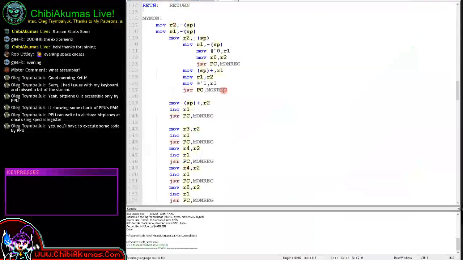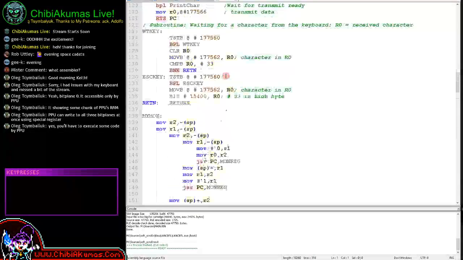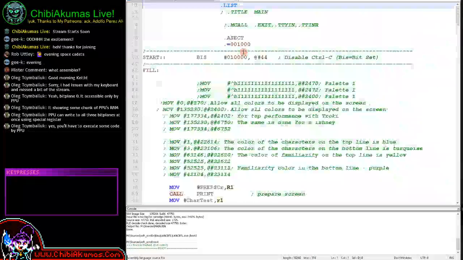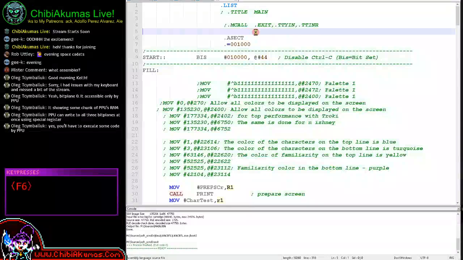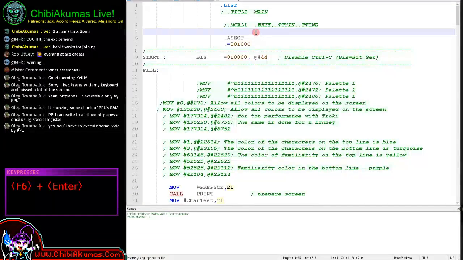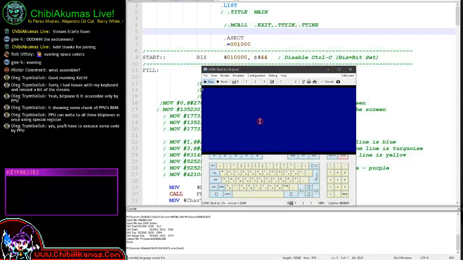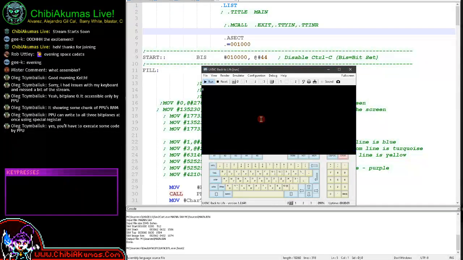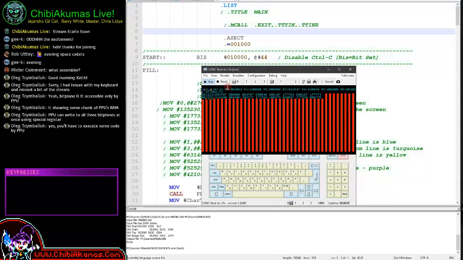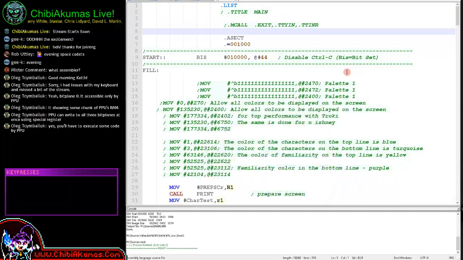So I think this is the program. This is the program we were running last time. Okay, let's just fire it up and see what it does. So there we go. This is my simple example, just showing some text to the screen. Now,